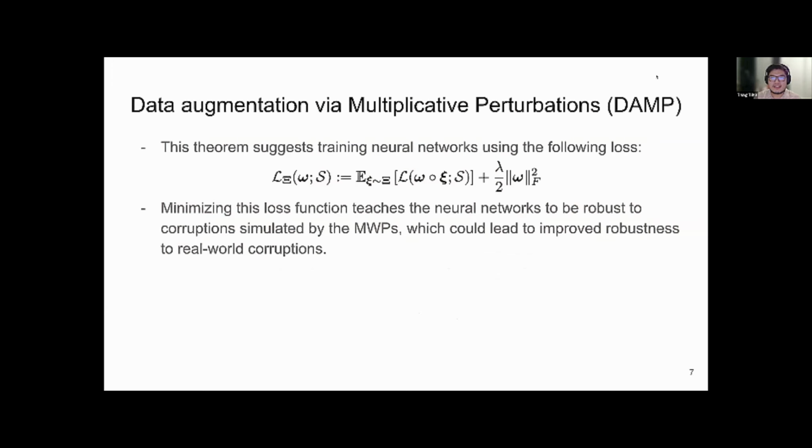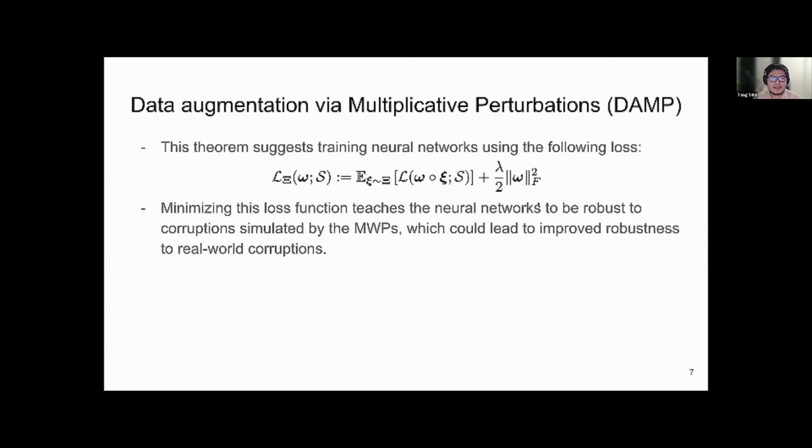And from this theorem, we propose our training algorithm called data augmentation via multiplicative perturbations, or DAMP. Basically, the theorem in the previous slide suggests that we should minimize the following loss, which is basically the normal L2 regularization term plus the loss under this expectation, where we sample the noise from some distribution.